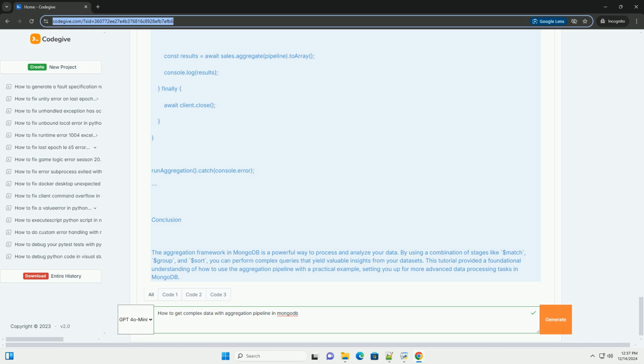JavaScript. const { MongoClient } = require("mongodb"); async function runAggregation() { const uri = "mongodb://localhost:27017"; // replace with your MongoDB connection string. const client = new MongoClient(uri); try { await client.connect(); const database = client.db("yourDatabaseName"); // replace with your database name. const sales = database.collection("sales");